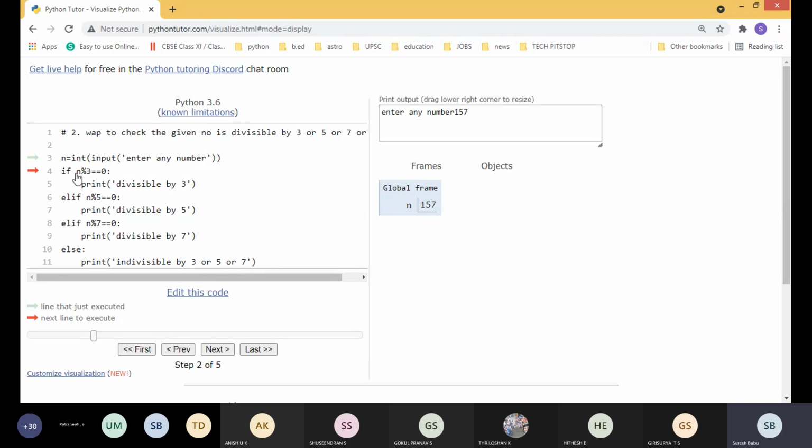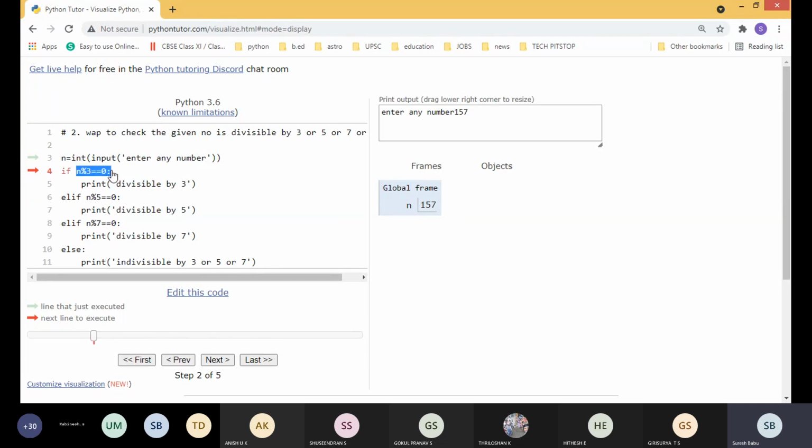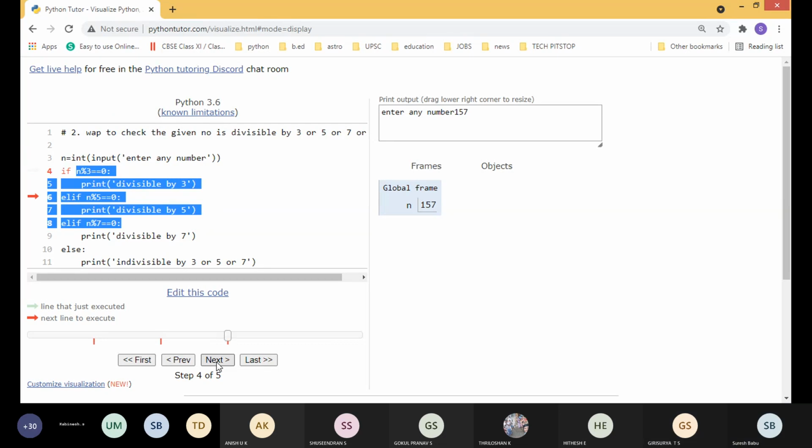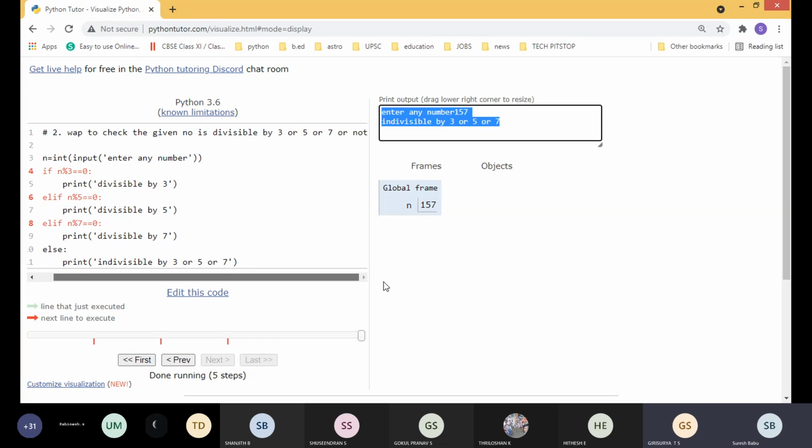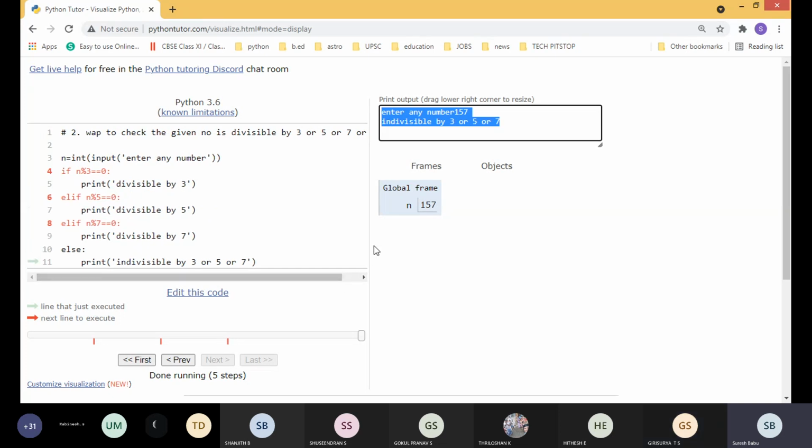Manually, if you divide, this is not satisfying, this is also not satisfying, and this one: 154 will divide, but 157 will not divide. So all three are not satisfying, so it goes to the else part and it will return indivisible by 3 or 5 or 7. Okay, students understood? Yes, sir. So kindly note down the program.